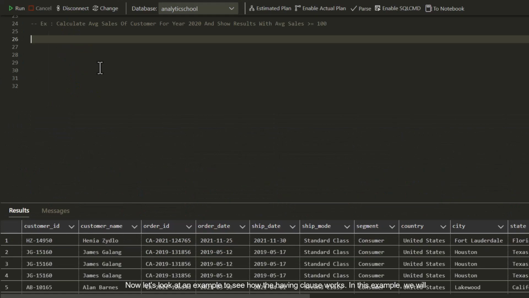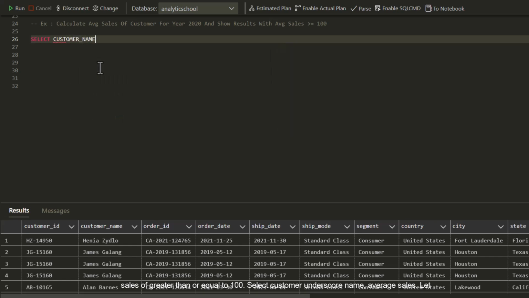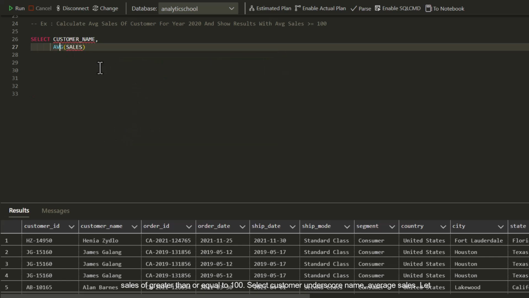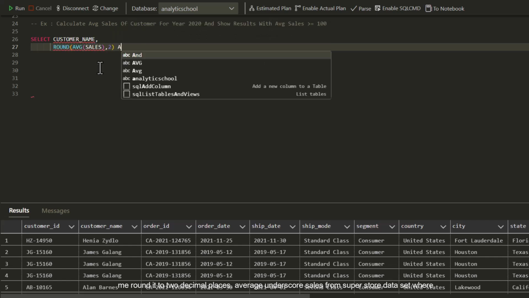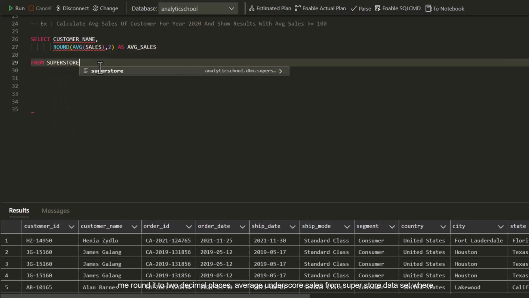Now let's look at an example to see how the HAVING clause works. In this example, we will calculate the average sales of customers for fiscal year 2020 and show results with average sales of greater than or equal to 100. SELECT customer_name, average sales. Let me round it to 2 decimal places, as average_sales from Superstore dataset,